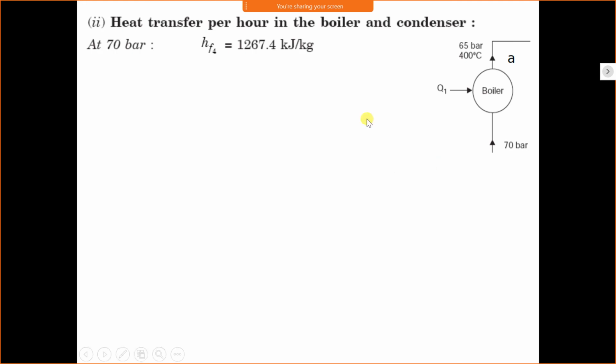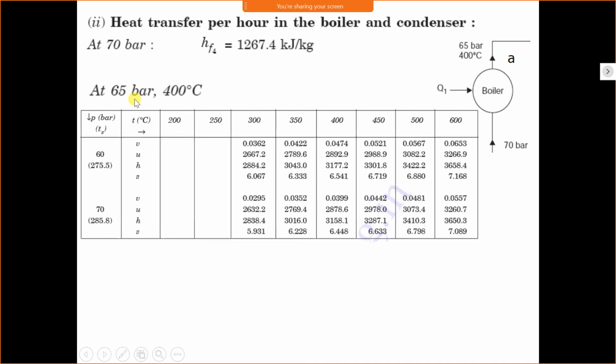Now heat transfer per hour in the boiler and condenser. Let us consider the boiler first. The boiler supplies steam at 65 bar and 400 degrees Celsius. Again here both pressure and temperature are given. Therefore it is a superheated steam. Now from the superheated steam table at 65 bar and 400 degrees Celsius,